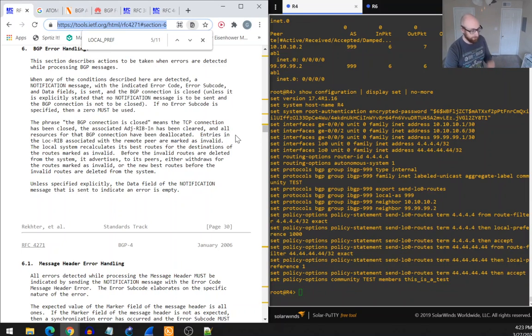Really making a snail's pace through this, but I learned what the MED is in this video, and I learned it really well, and it hasn't even been 3 hours yet. So to really solidly understand what the multi-exit discriminator is, and to a pretty good extent how it works, I obviously need more hands-on practice and just run through drills to really get it down, to be able to do my retake and get good points on that. But in less than 3 hours to come away with the understanding I have of the MED, I really consider this probably one of my best videos,